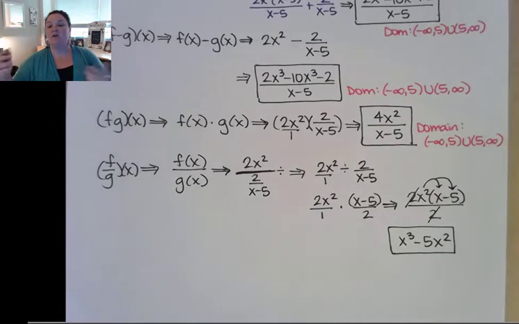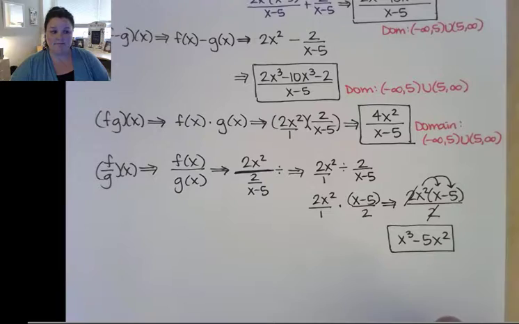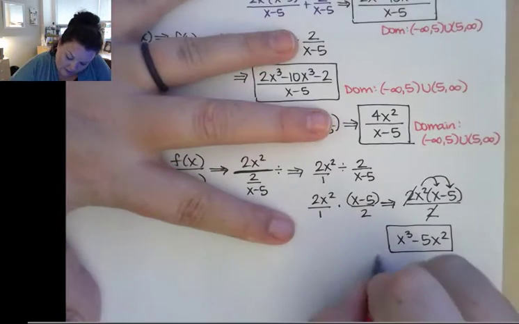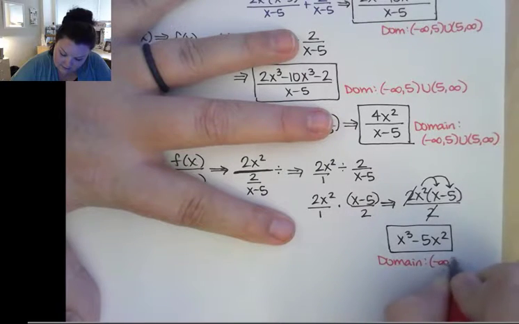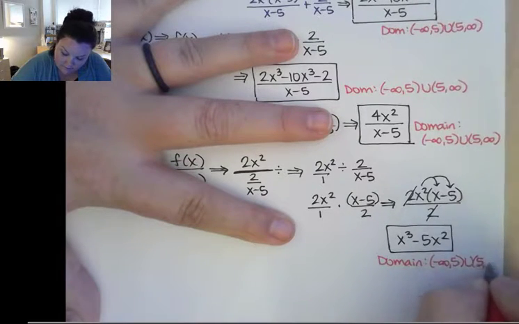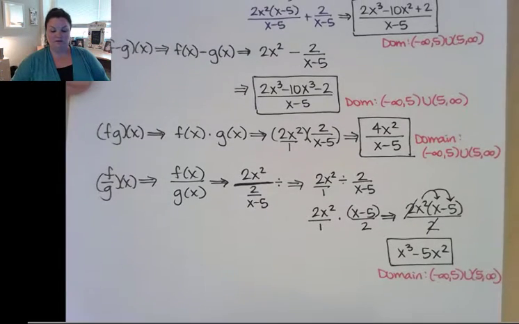Again, I did not acquire any new issues. I don't have denominators. I don't have even root radicals. So that means that my domain here is going to be the same. Negative infinity to 5, 5 to infinity. Okay? All right. So now that we have all 4 of our functions